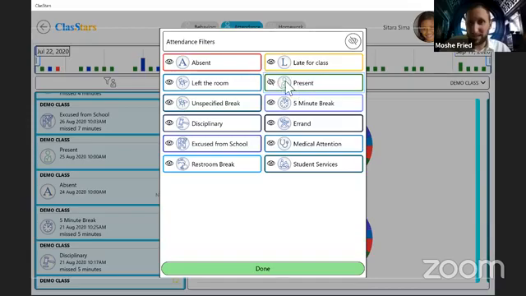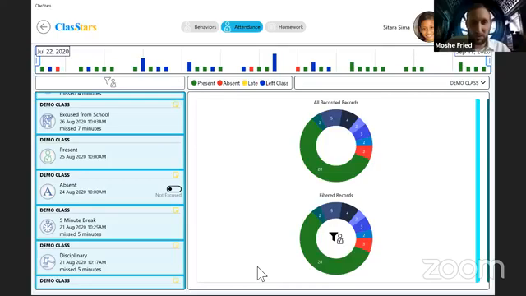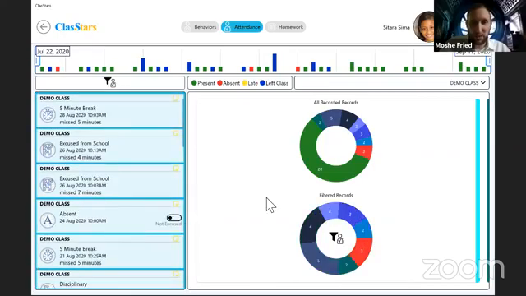So we're going to tap on the present, cross out the I here. We're not going to be looking at all of the presents. We know about that. Those are fine. We're going to hit the done button because we're done filtering. And again, momentarily here, we're going to filter it out. Watch how now in this filtered records, we don't have any of the greens because we're not concerned about that. We're not looking at that. And here I have every single attendance event that is not just being present.